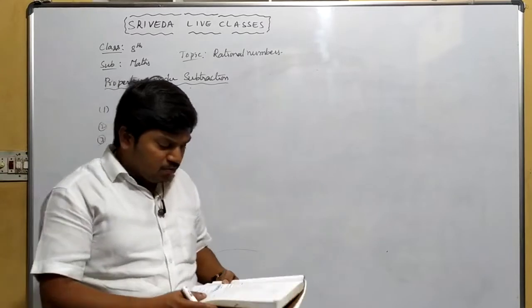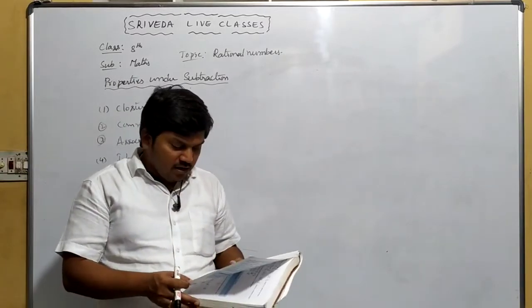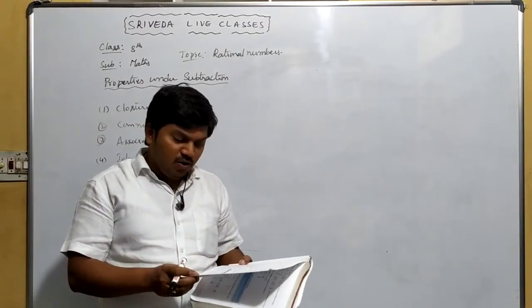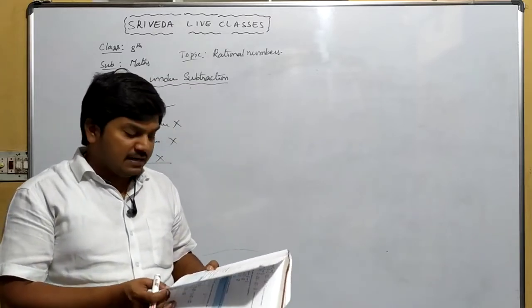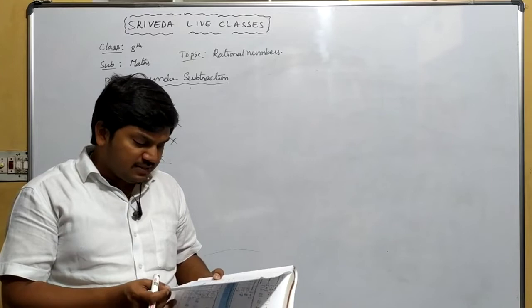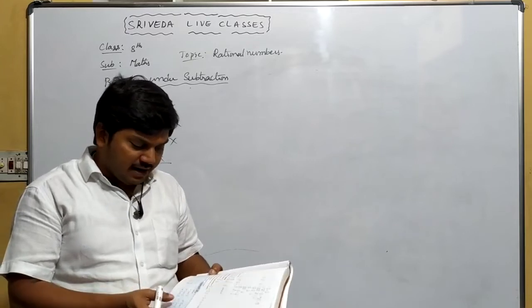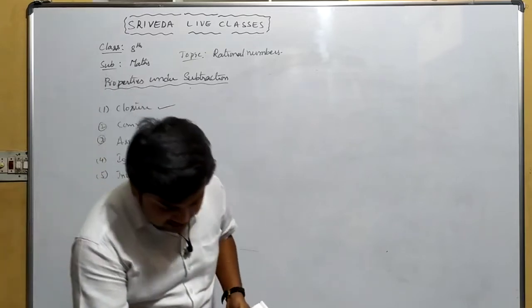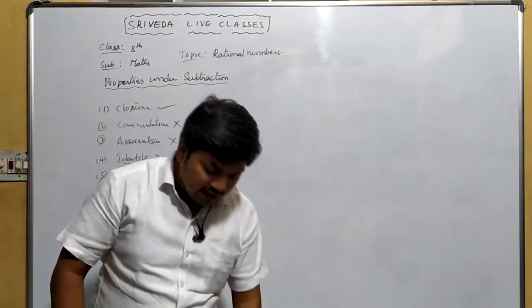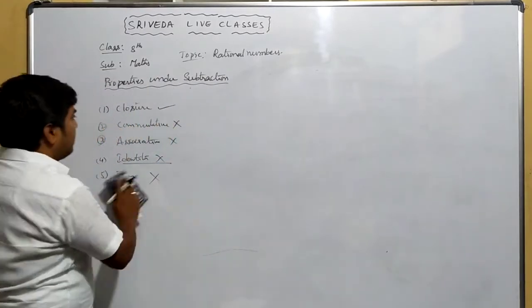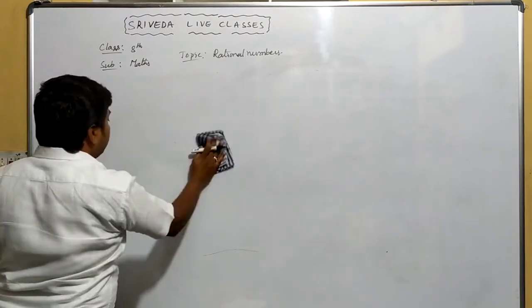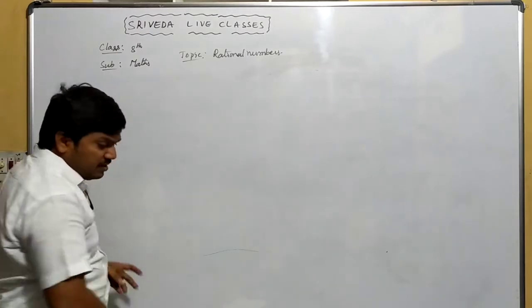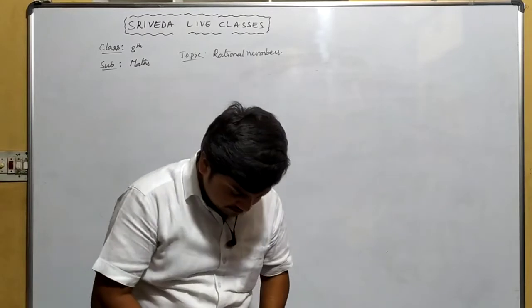Okay. Now come to that. So it has no identity under subtraction. So we say that subtraction has no identity, right? Now we'll go through exercise 1b. Let us see what they are. Based on these properties, problems are there. We'll go through it.